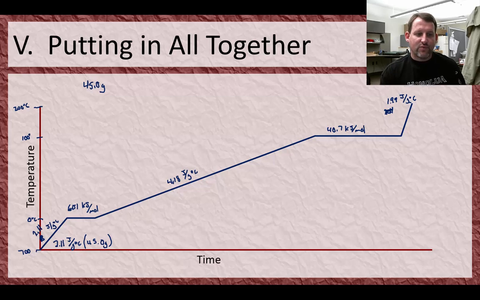And then instead of just 1 degree Celsius, we want to go from negative 100 to 0, this part where it's ice, so times 100 degrees Celsius, because that's our temperature change. We're going to heat up by that much. And that's going to give us a value. We take 2.11 times 45 times 100. And that gives us a value of